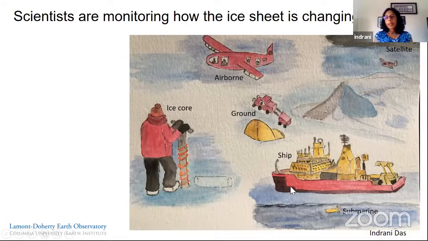There are shipborne measurements, like ocean temperature, salinity, those kinds of things. And then submarines are used to go underneath the ice shelves where the ship cannot go. And of course you can't see anything because it's too dark. There are satellite measurements. There are some very important satellites that have been launched in the past couple of years that are starting to give us higher resolution and more frequent data, but observation through satellites has gone back decades. We've been doing this for a long time.